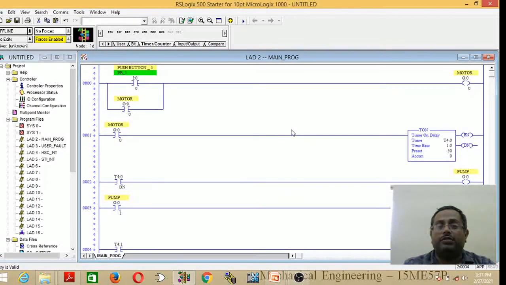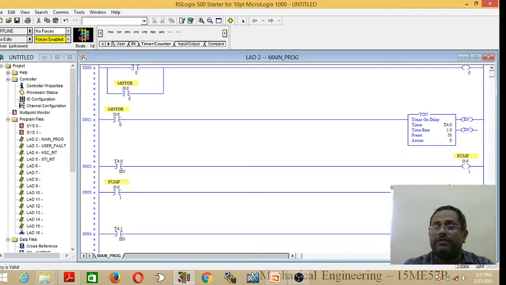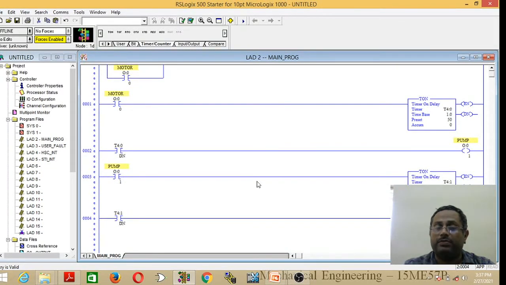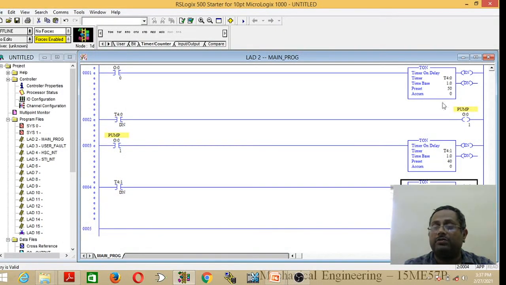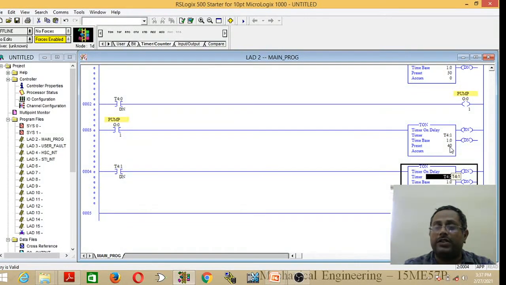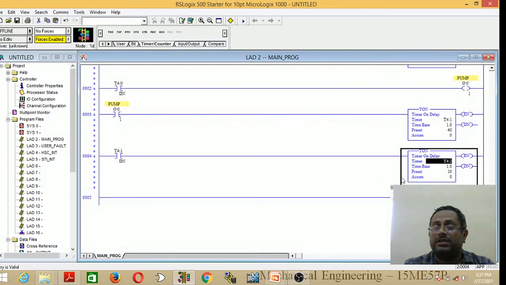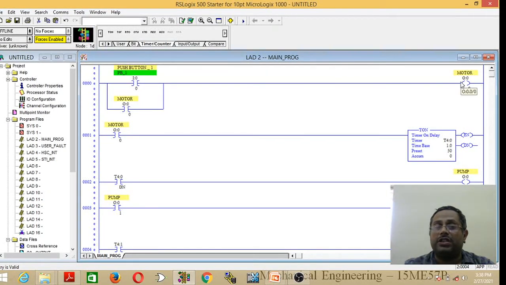Now see, here it will switch on the motor, then after a delay of 50 seconds the pump will switch on. After the pump switches on, this timer starts, and both pump and motor will run up to 40 seconds. After 40 seconds, the third timer will start, and as soon as this 40 seconds completes, the motor has to be switched off. For that you have to add here one closed contact, that is an NC switch, to switch off the motor.